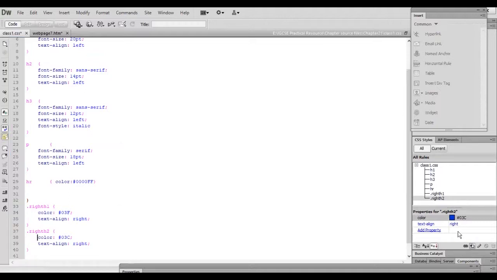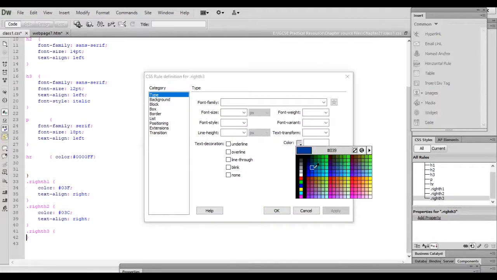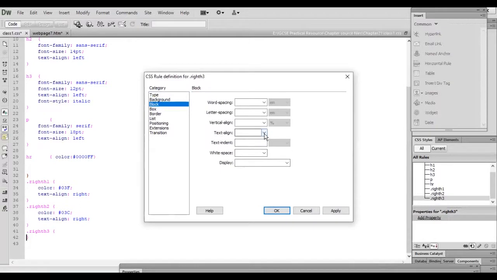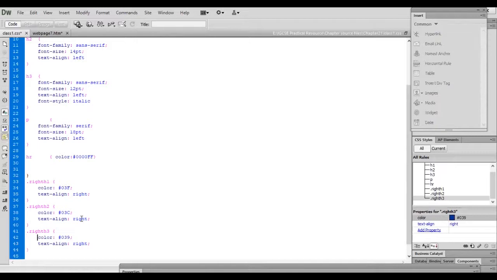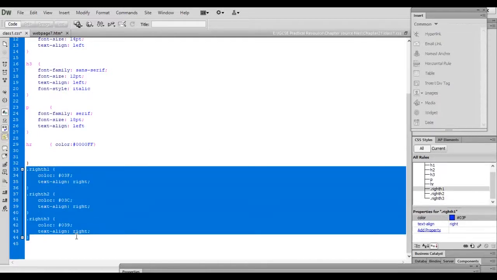Let's define one more tag, H3. It will have the same color, blue, with the same alignment. Right. So I have created these three classes, H1, H2, H3. I have redefined them using classes.